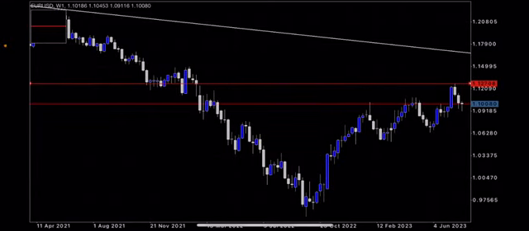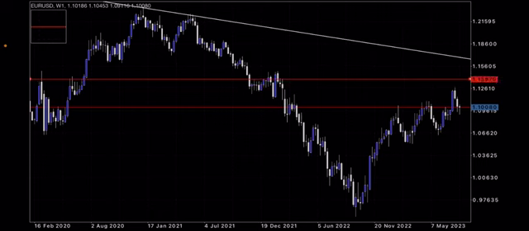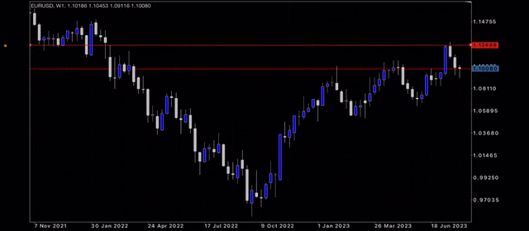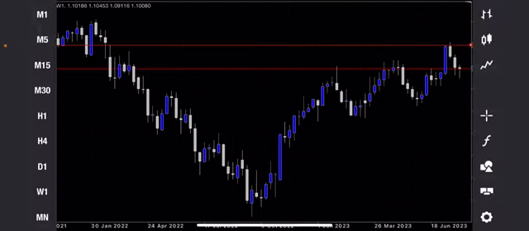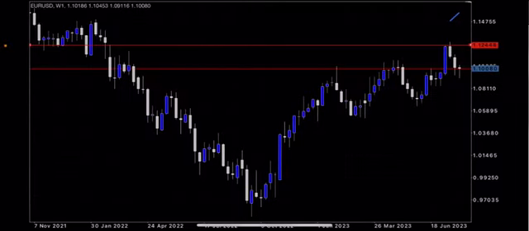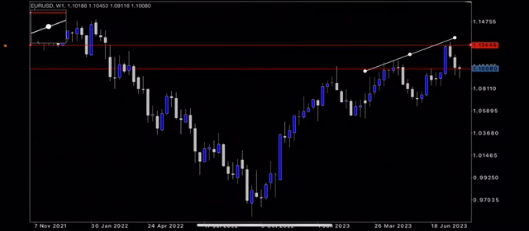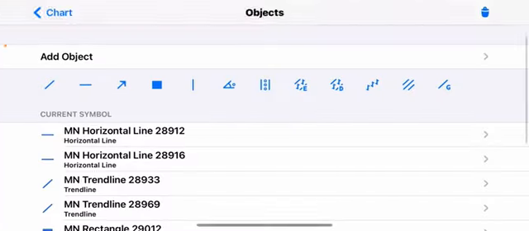This is our weekly. From that diagonal resistance trend line, just know it's our monthly trend line. Now we're looking for our weekly area whereby it gave us a reversal, which is this one. And as far as I can see, this is a pattern that Euro USD is creating